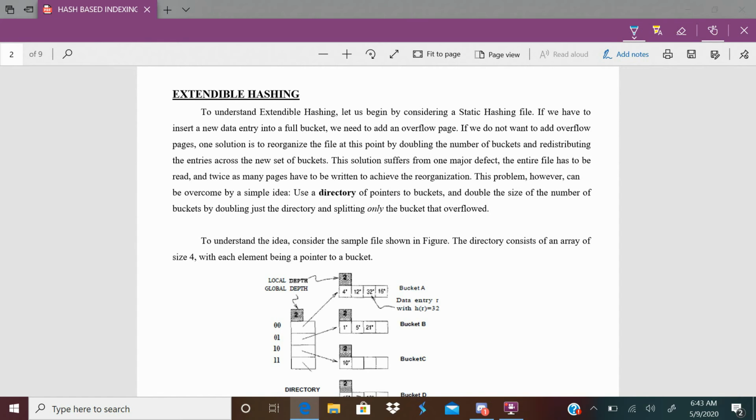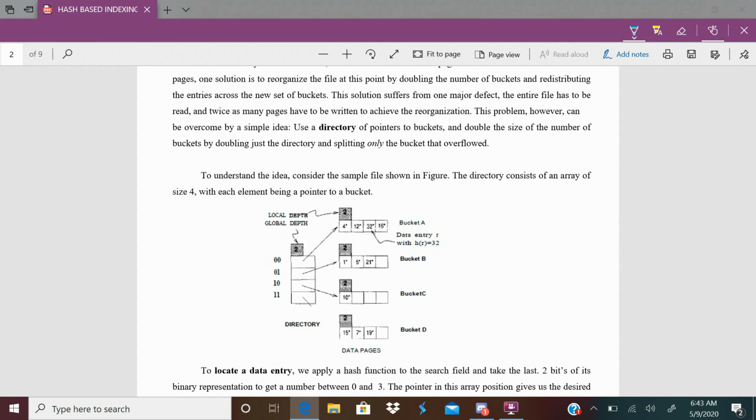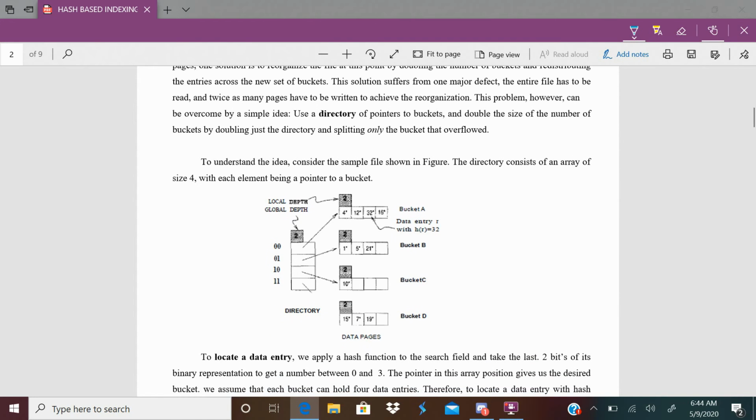Extendable hashing uses a directory of pointers. Here the size of a pointer is very small compared with the size of records, so instead of doubling the data pages, it is better to double the directory pages. That's how extendable hashing is important.